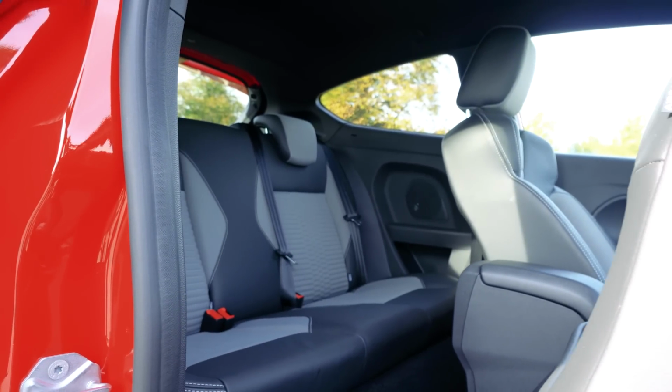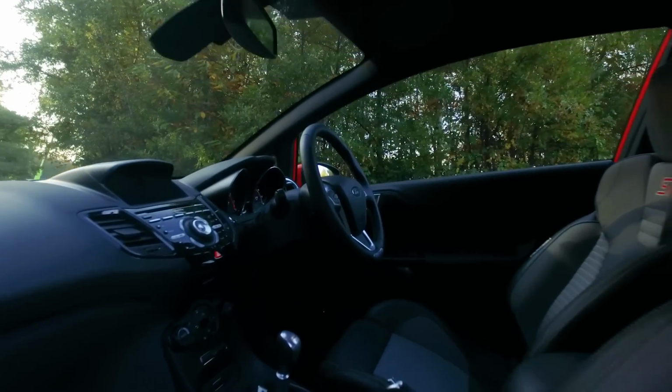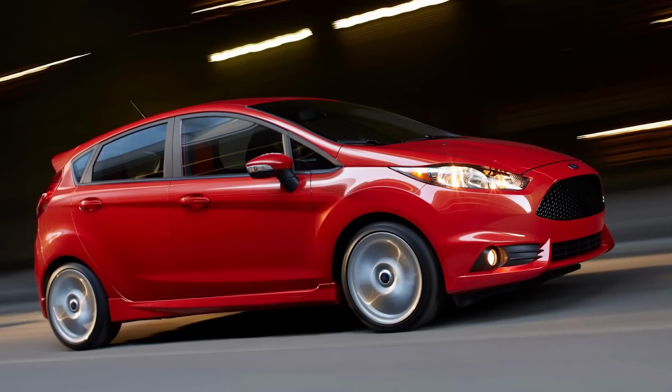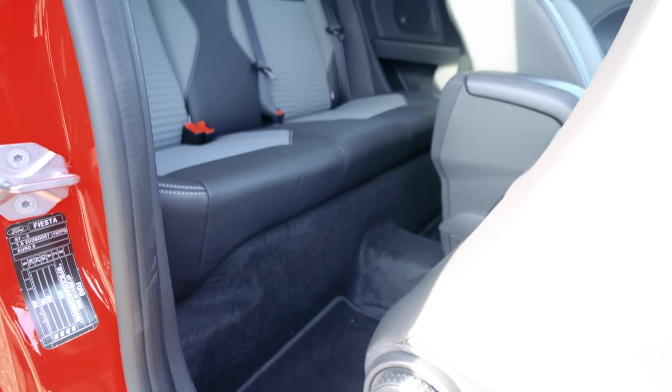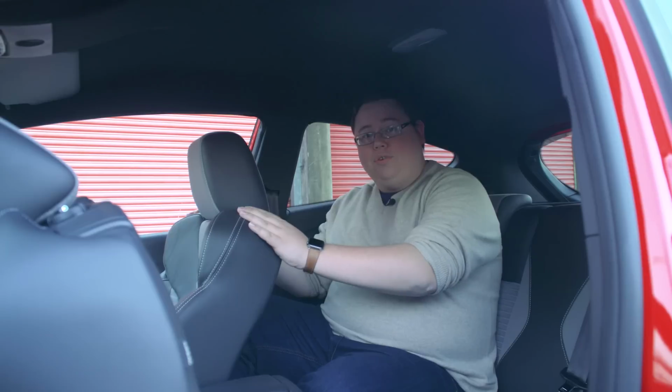The ST's sloping roofline limits headroom, and these Recaro Sport seats don't do anything for legroom either. There's now a 5-door version of the Fiesta ST available too, but most of the current cars come with 3 doors, and that means there's plenty of ducking and twisting needed to get seated on this rear bench. The gap you have to get through is very small, and you'll have to reset these front seats to your